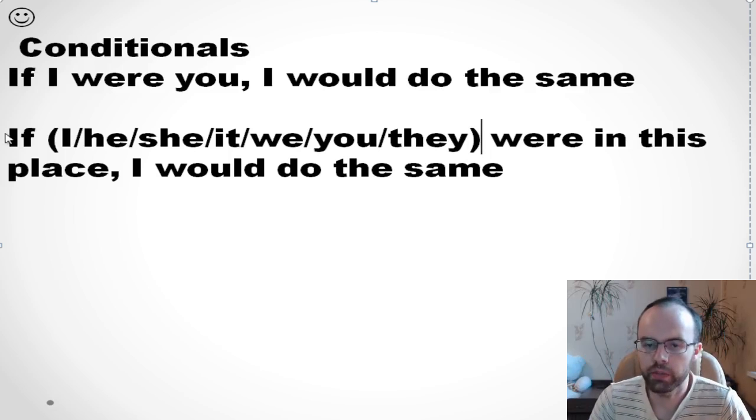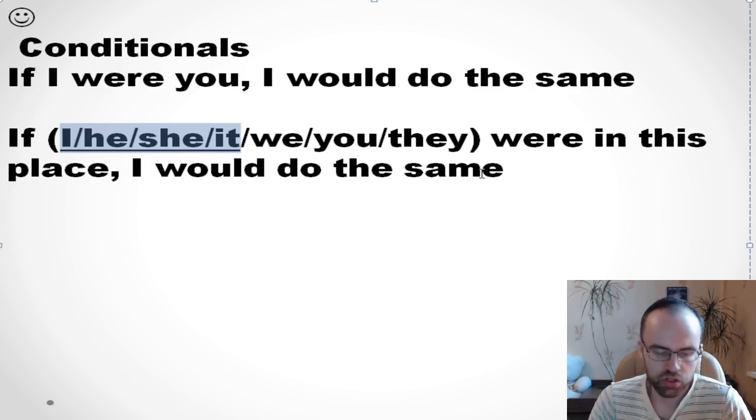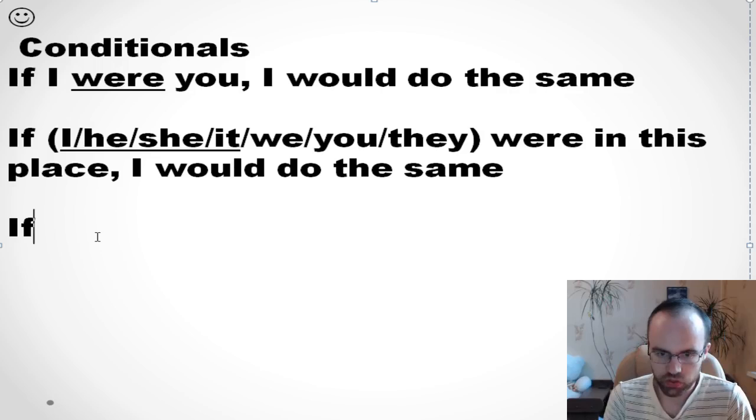But I'd like to draw your attention to the fact that we use were with I, he, she, it. It's an exception, it's a rule, it's English grammar, and you can't ignore this fact. So if I were you, I would do the same. Okay, for example, one more. So if I were,